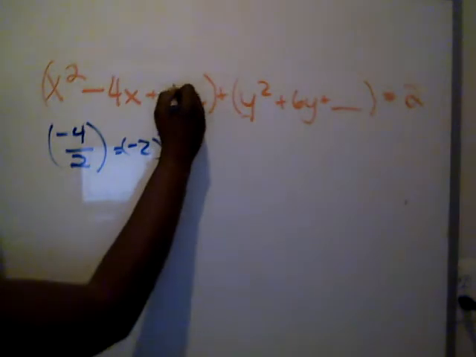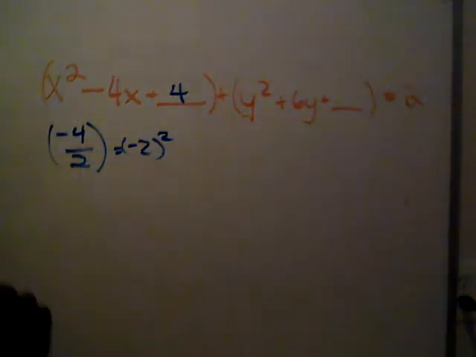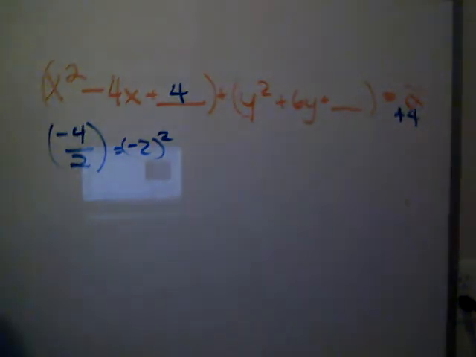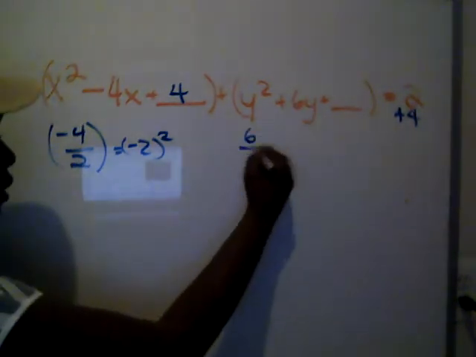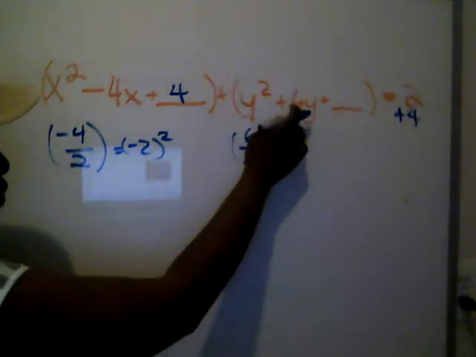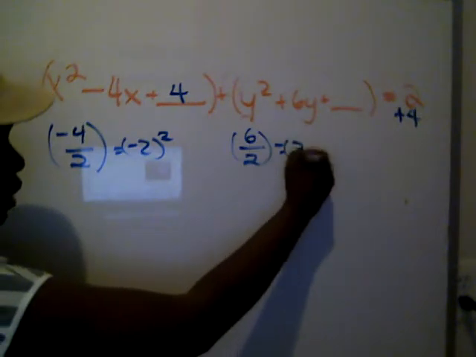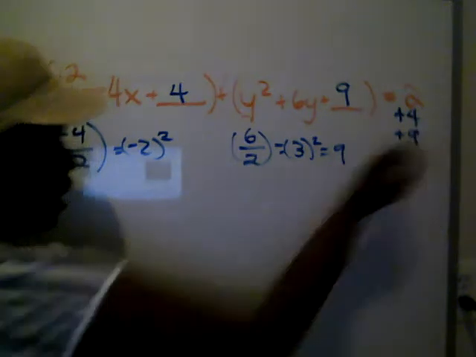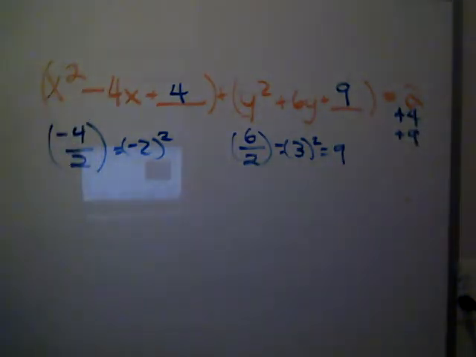Negative 2 squared is 4. So we put a 4 there, and that means we would also have to add a 4 here on that side. So we do the same thing here. 6 divided by 2, and we take that middle number of the b value, equals 3. 3 squared is 9. We put a 9 here, we put a 9 here. Okay. So then from there, we're just going to go back and factor to figure out how we can better